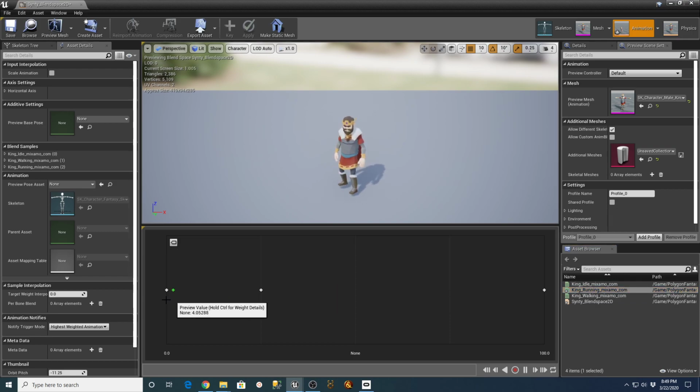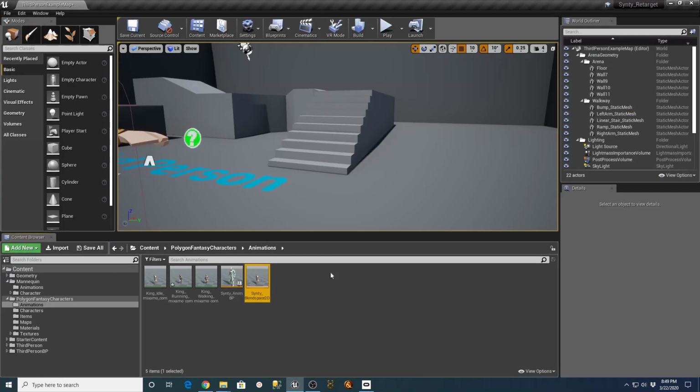And now if you move your dot back and forth here, it'll show you how it transitions from one to the other. So there's our idle into walking, and from walking into running. So now we have our blend space called Synty Blend Space 2D.